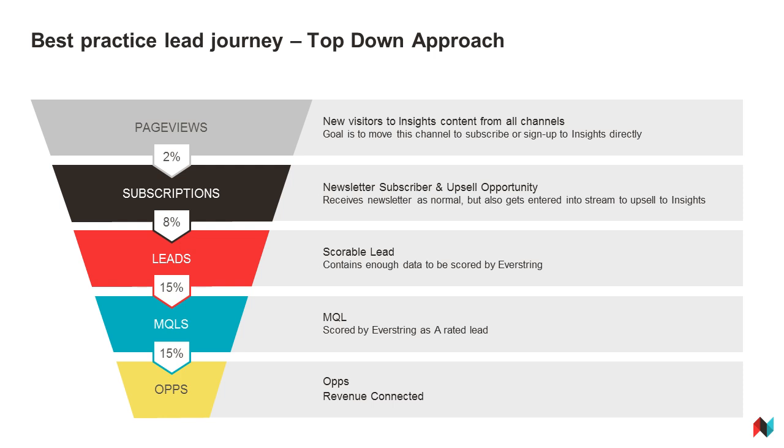And once we have those readers, we want to upsell them to higher value pieces of content. So this is our secondary goal. And this is going from being a newsletter reader to attending a webinar such as this one, downloading high value pieces of content, or becoming a member of Insights. And for us, this puts them in a state where we can actually record them and score them using our predictive lead scoring technology. And then this is where we push them down the funnel. We can actually track them back to being specific MQLs using our marketing automation software and then passing them off